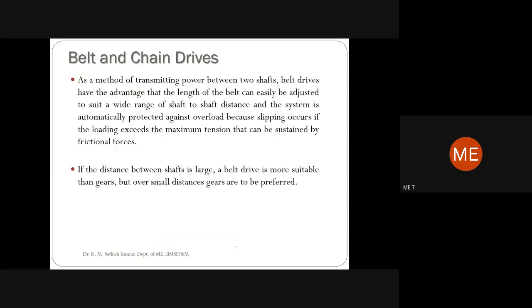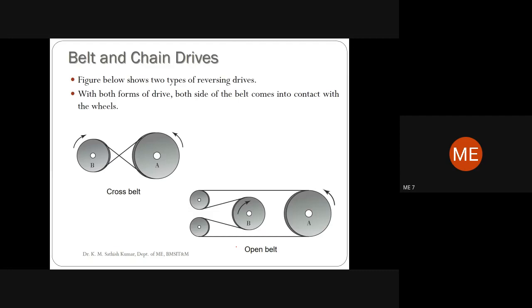Then we have different types of belt drives. That is the open belt drive and also the crossed belt drive. Here we are not worrying about any derivation of the open belt drive or the cross belt drive. We are only understanding what the various mechanical actuation systems, or mechanical actuators, are going to be present.